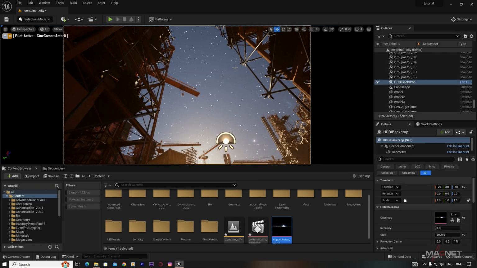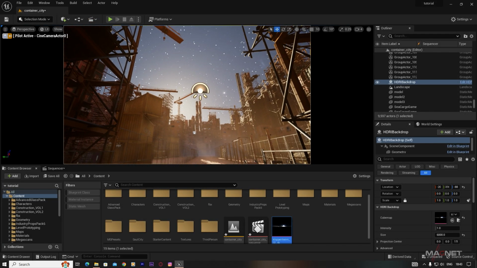So now you can see that our sky is a little bit dark here. And also we're going to change the intensity of this HDRI map. So we're going to change the intensity to maybe 0.5 here, or maybe decrease it to 0.2. Okay, just like that. And then we're going to select this HDRI backdrop, and then we go to this panel,